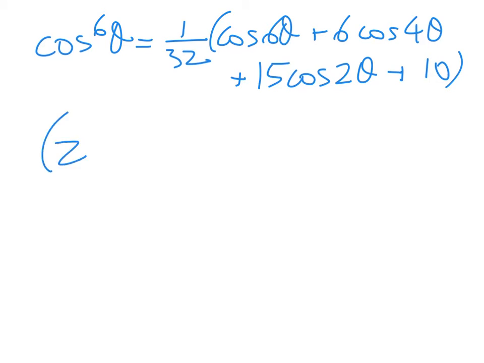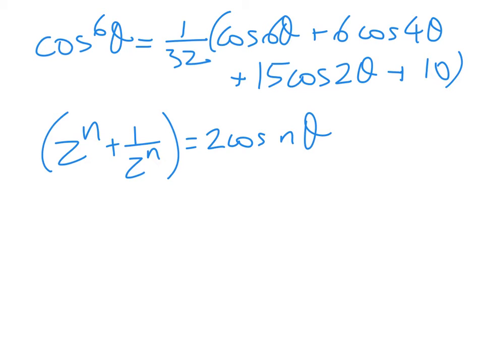be using this result here, that z to the power of n plus 1 over z to the power of n is equal to 2 cos n theta. If scholarship examiners have given you a hint, it's really going to be sensible to use it, right? Because it will always make the problem not that bad at all. So if you look at